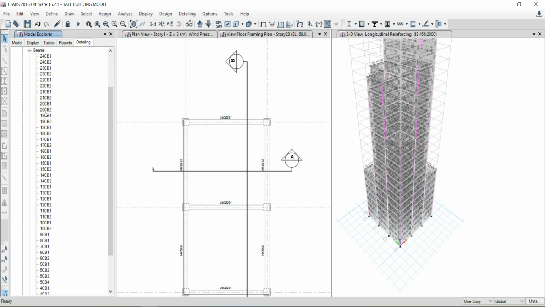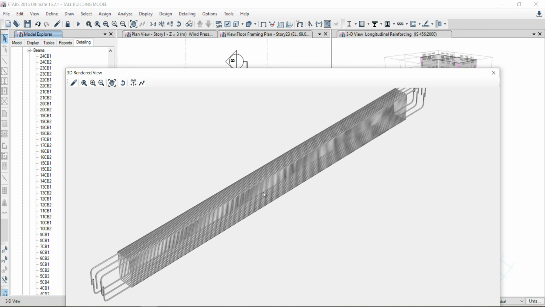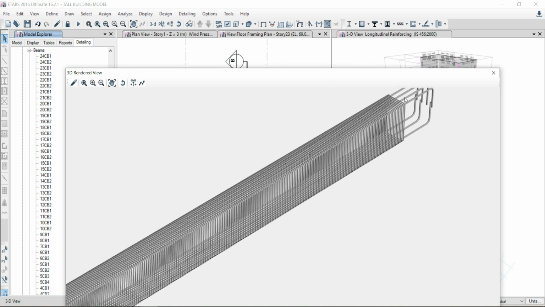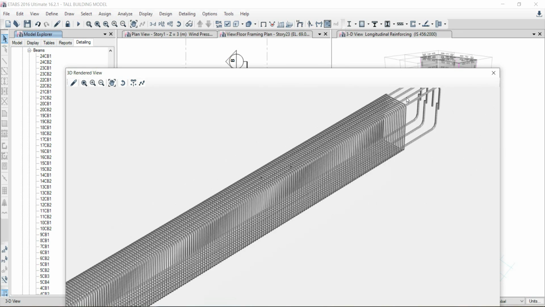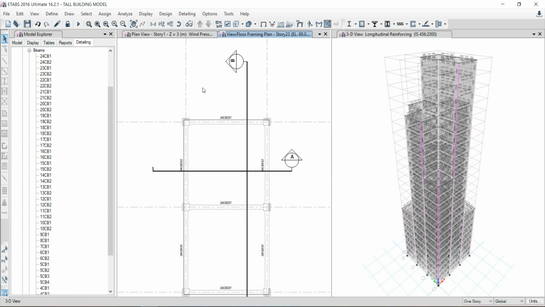Select any beam. We can see the 3D render view of the beam. Similarly, you can see the 3D render view for the column also.